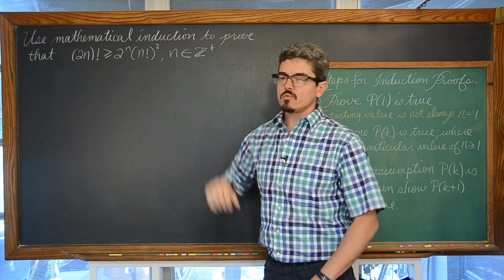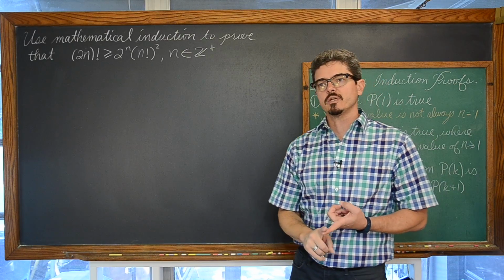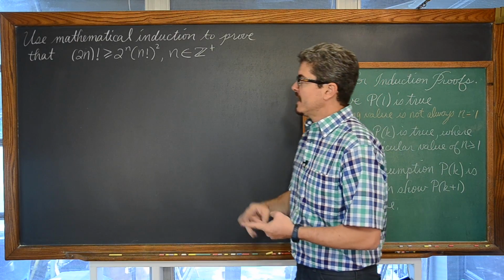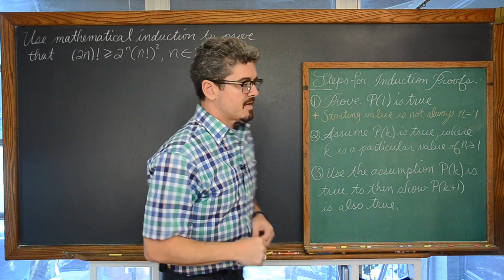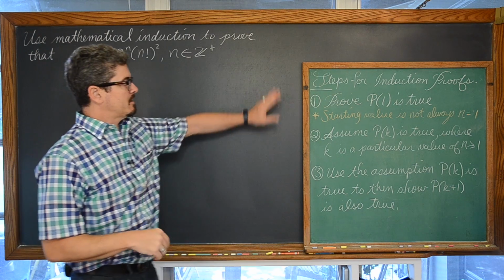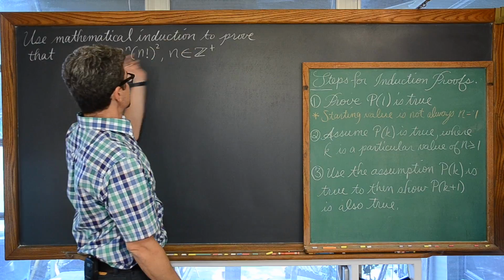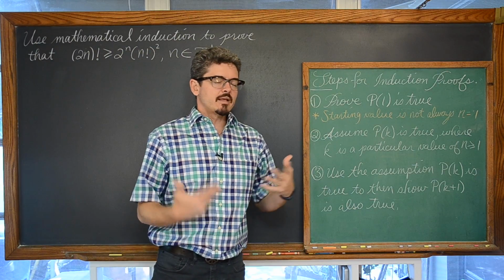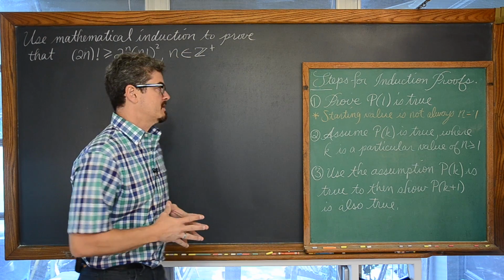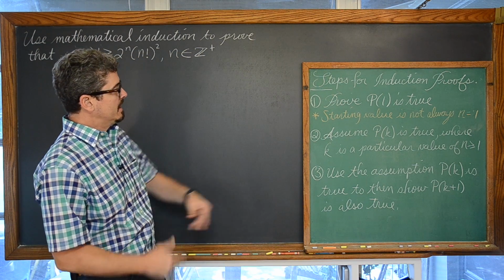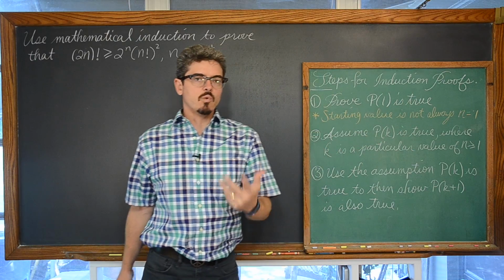A more complex situation than our first 2 other examples, where we were proving a partial sum formula for a finite sum of terms and proving divisibility, where n is an element of all positive integers. You probably know this by now, but our steps for induction proofs: we're going to let P(n) represent the given statement, though your teacher may or may not feel that you need to do that. I'm just following the notation of the book from which I am teaching. We're going to prove that that statement works when n is equal to 1.